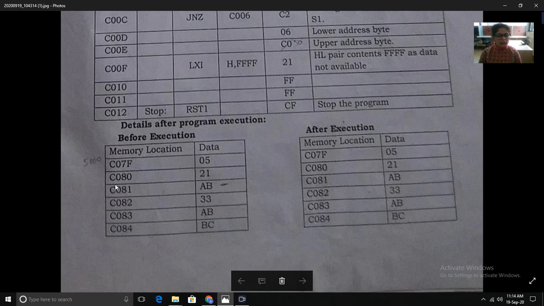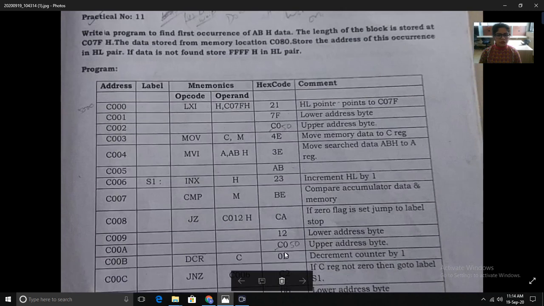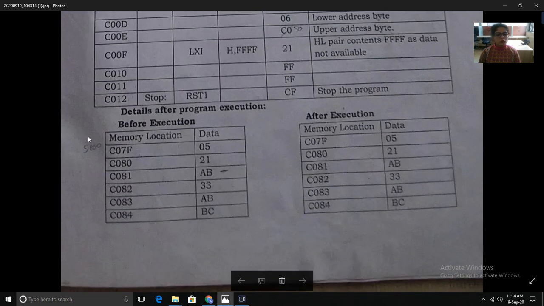This is the starting address of the first block where data is stored, that is 5080. So you can check the question: at 507F the length of the block is stored and the data is stored from memory location 5080. From this location we have to check the data.